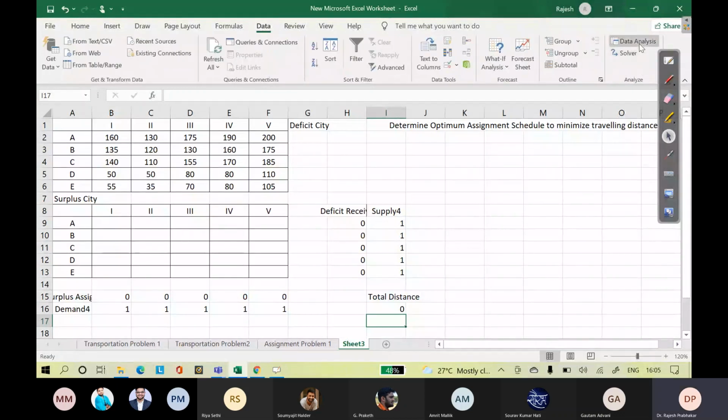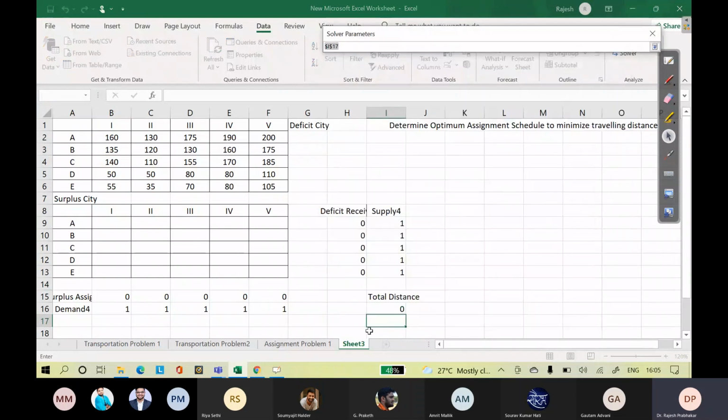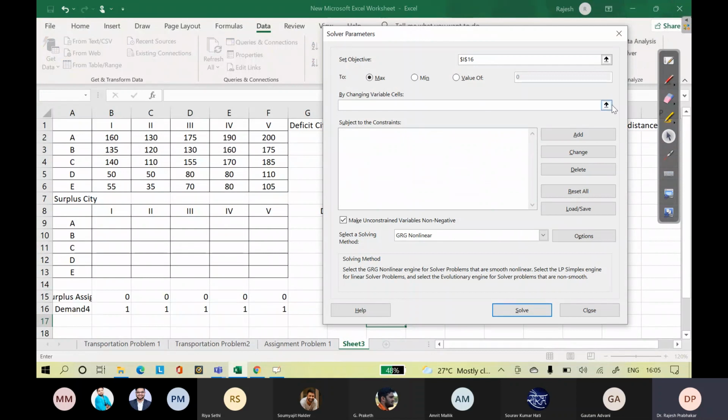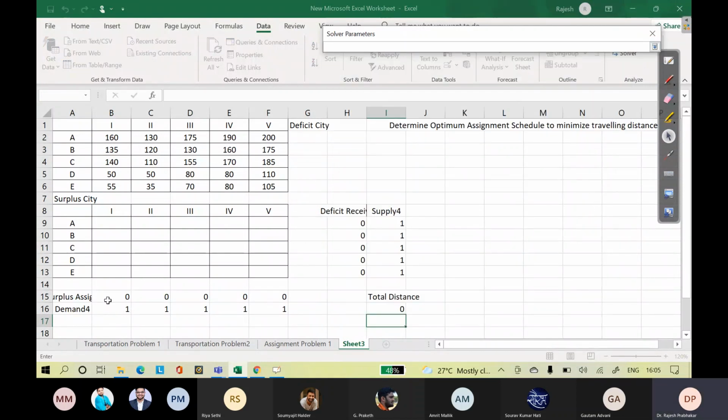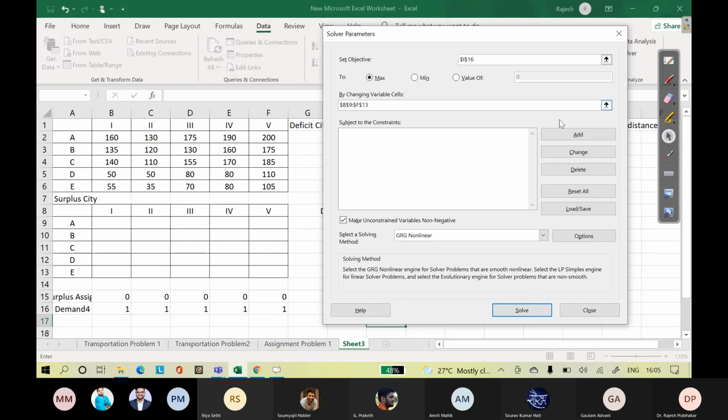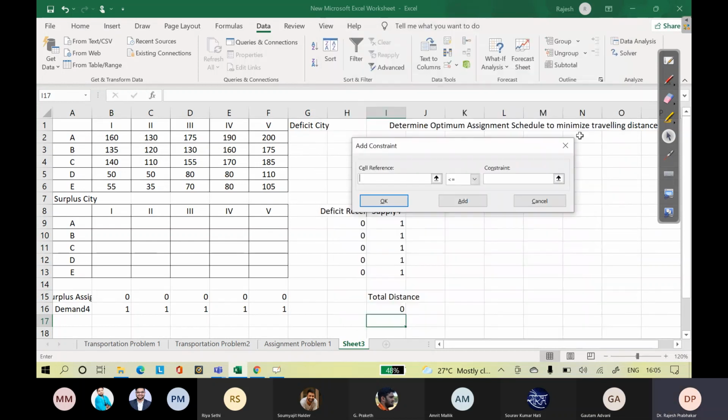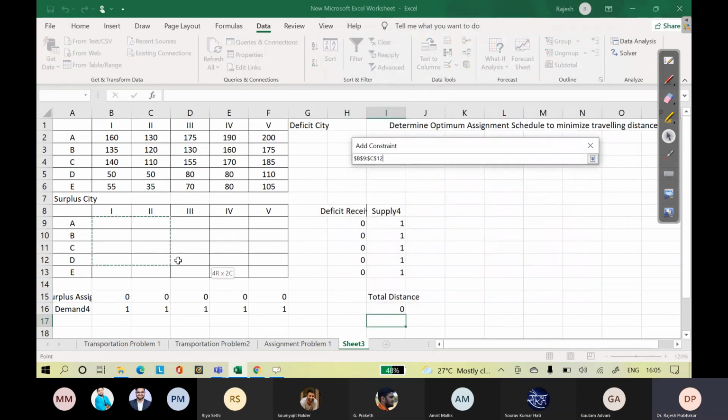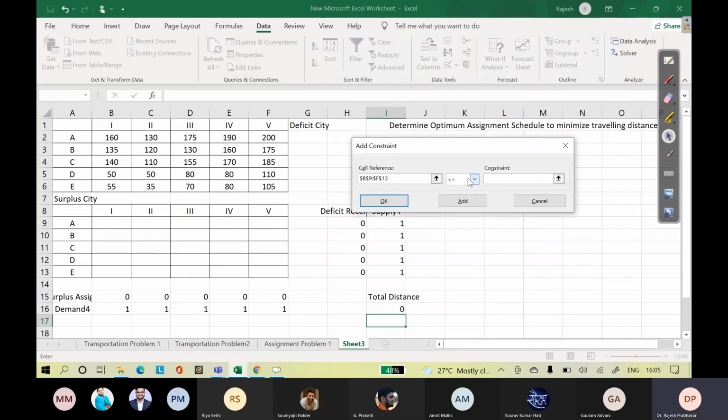So in data analysis, I am going to the Solver. Set the objective cell, changing variable cells, minimization. Add constraint, cell reference, binary.